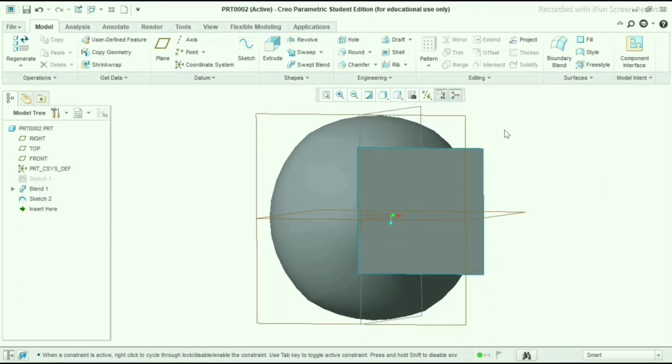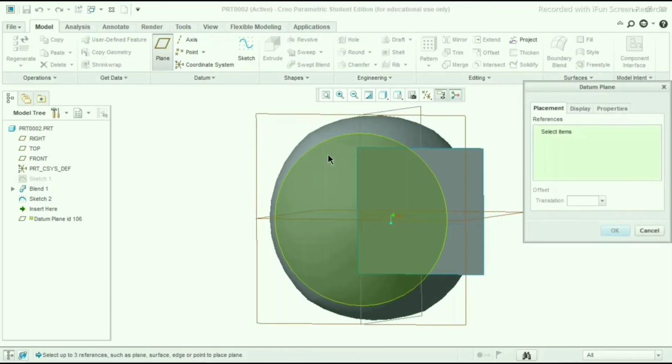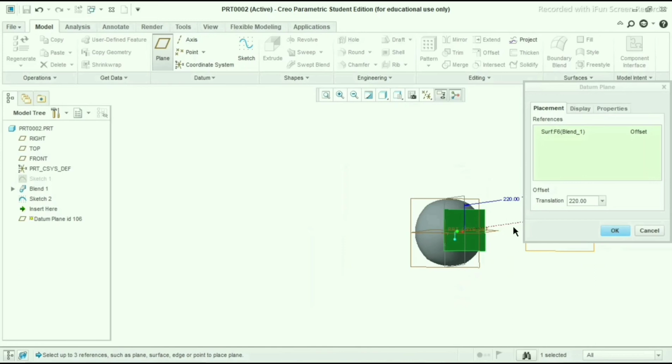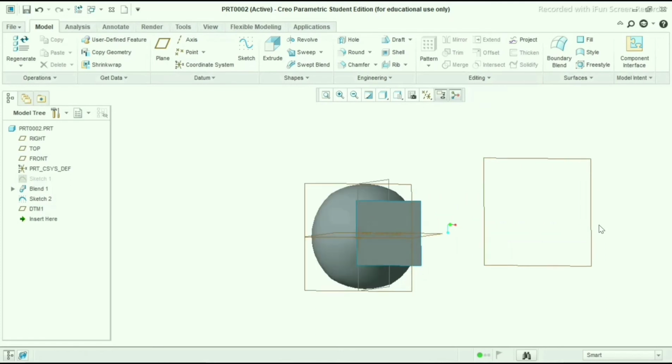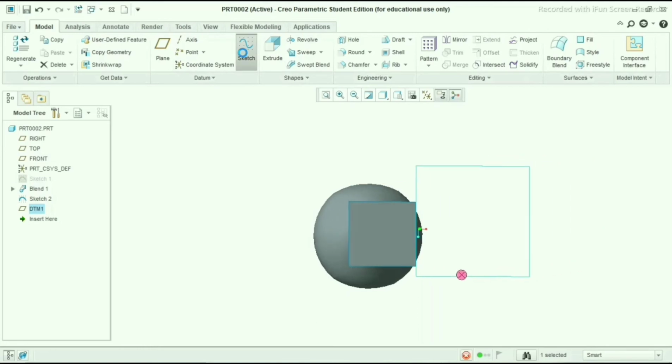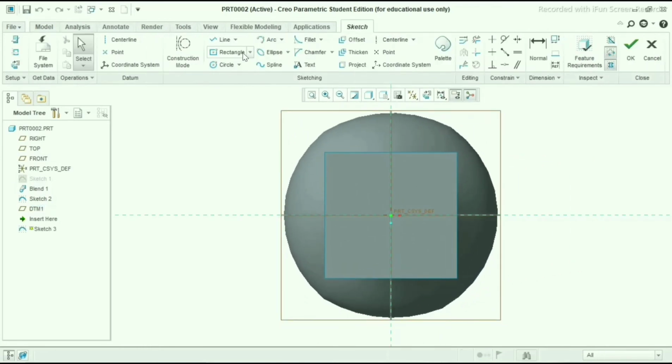This time I will go to plane, select datum plane and select this face and make sure the distance will be 220 mm and click OK. Now our plane has been applied. So select this plane and go to sketch, normal to profile. Select rectangle again and press the middle mouse button.